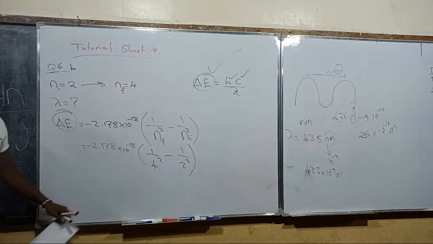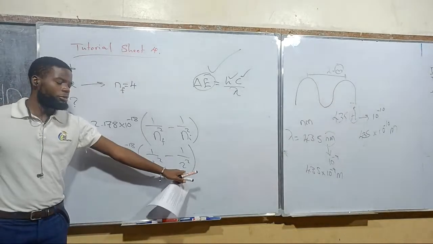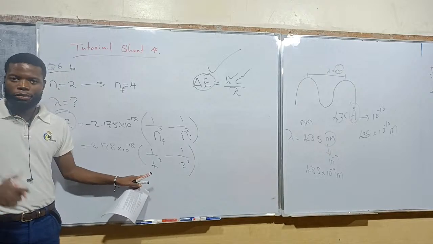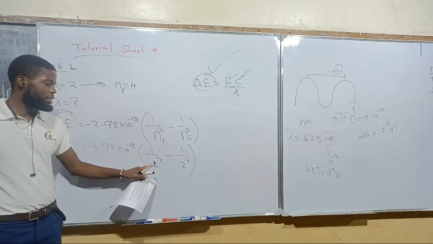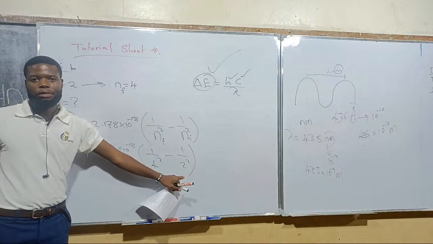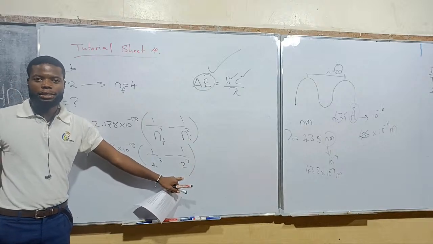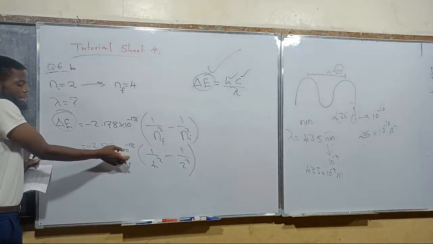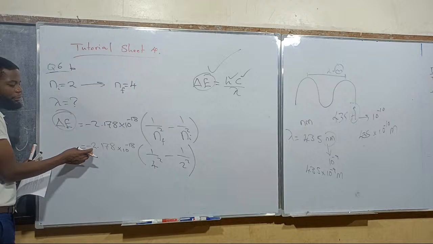So 4 squared is 16, 2 squared is just 4. So 1 over 16 minus 1 over 4. You get the answer, then multiply the answer by negative 1, by negative